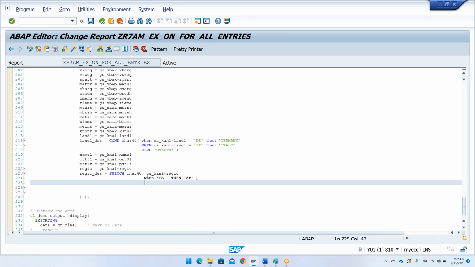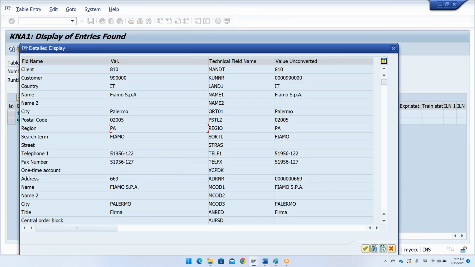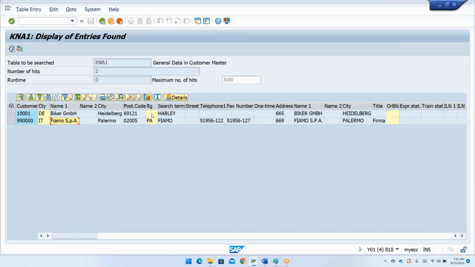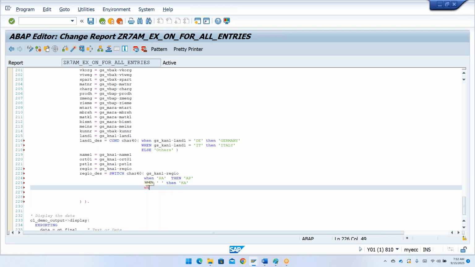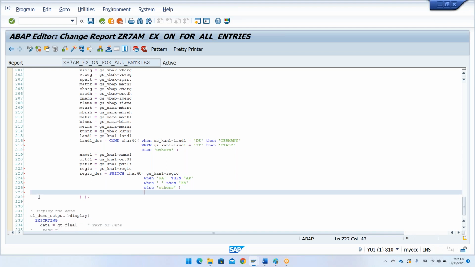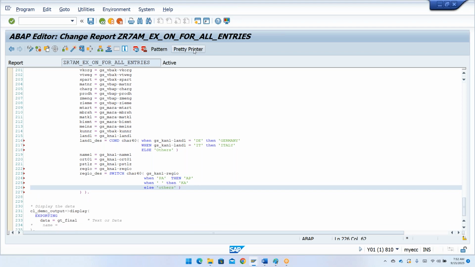And the next one is when, what is the next field we do have? Here we don't have anything. When space, then I'm just going to take this as Karnataka. And when else, it's others. Now I'm going to close this bracket. So that's it. This is how I'm going to use the CASE operator as well as the IF condition. Now when I do a check,